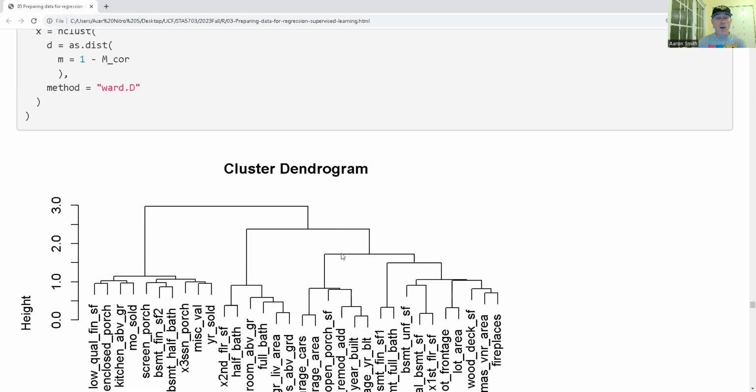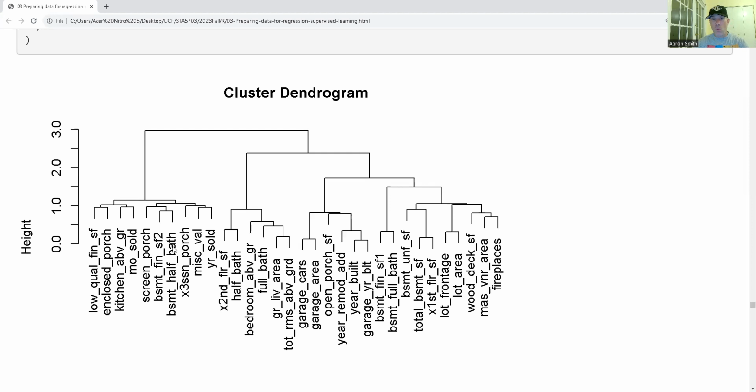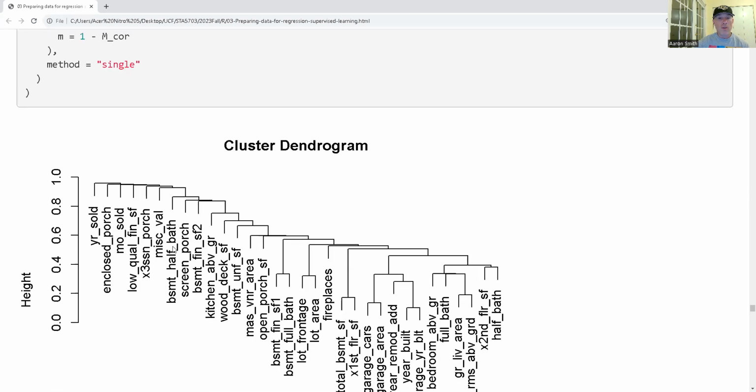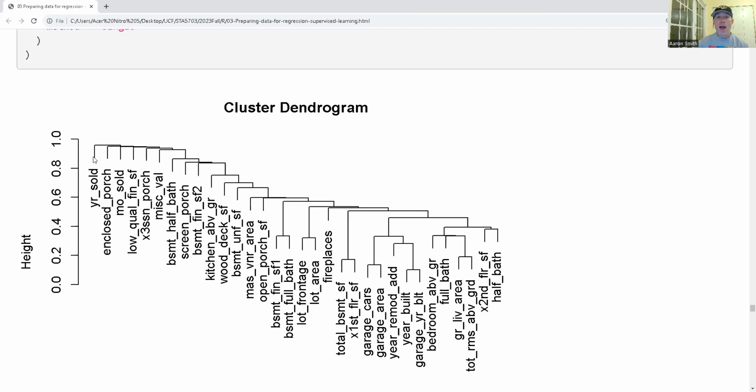Now I'm going to perform variable clustering. When I do Ward's D, Ward's D does a good job of giving me more even groups, while single linkage does a good job of identifying outliers. So here, this is showing that year sold is very different from all of the other predictor variables. Since it's very different than all the other predictor variables, I'm probably not going to throw that out, even if it doesn't look very informative, because there's no other predictor variable that's going to pick up the slack if I